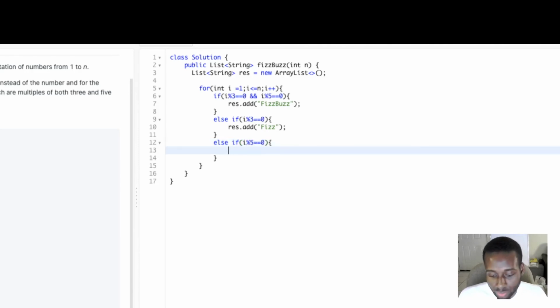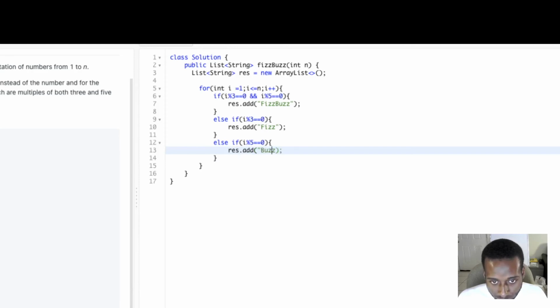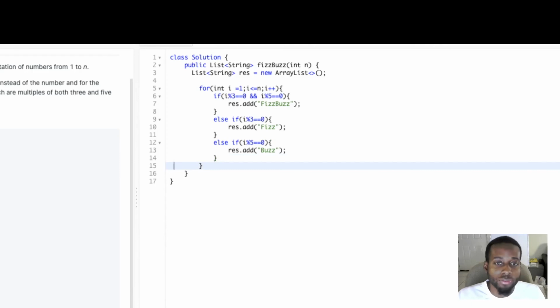If it is, then we will output buzz. And then the last thing, if it's not a multiple of 3 or not a multiple of 5,